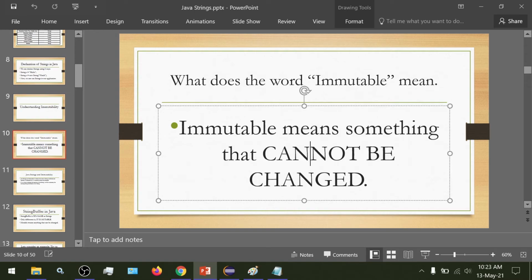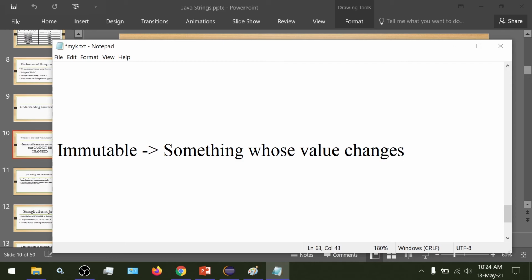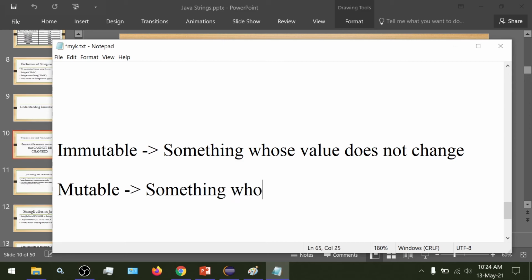The opposite of immutable is mutable. Mutable means something whose value changes. Immutable is something whose value does not change, and mutable is something whose value changes.